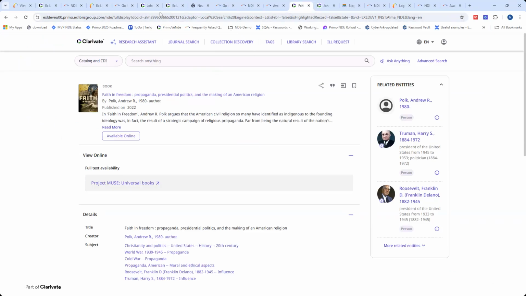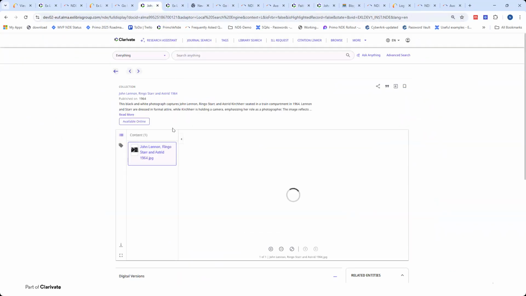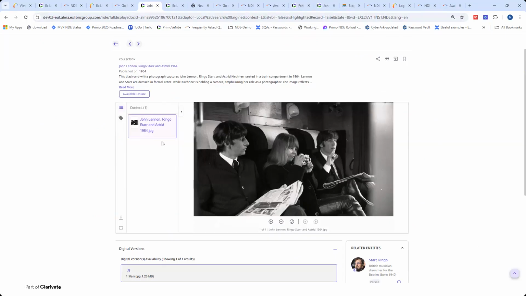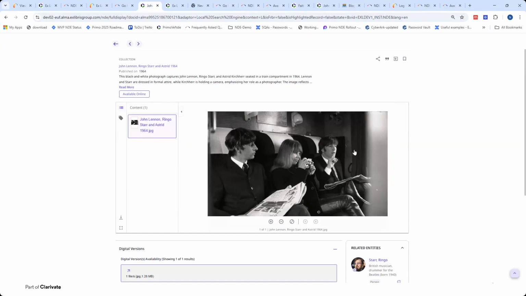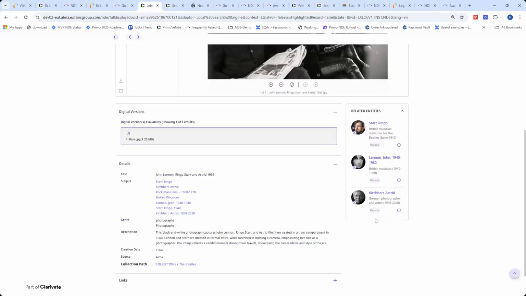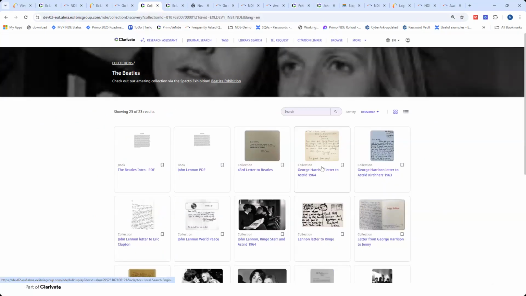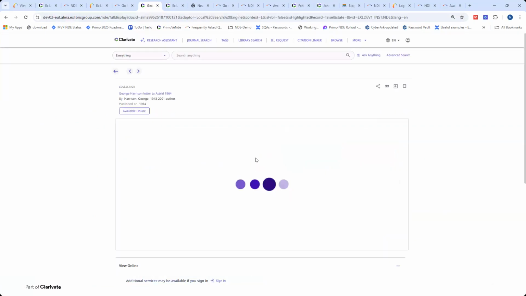Let's see. Yeah. So you can see here how a digital resources page within the full record display looks. You can see the details here. You can also see related records. If I go into the Beatles collection discovery, I can see more images, and also this viewer